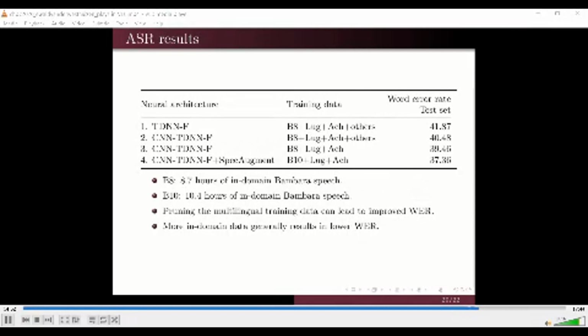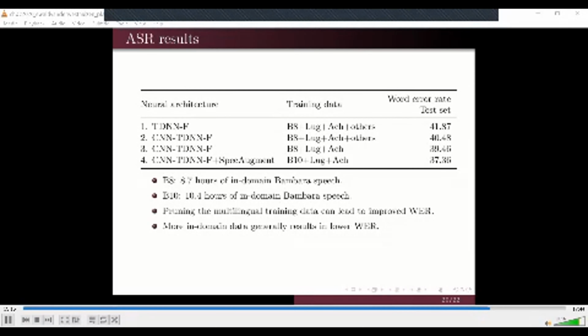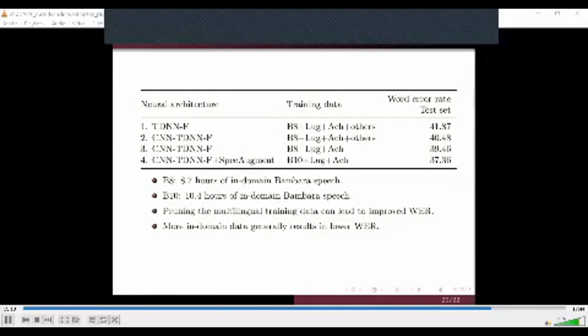The dataset B8 is a slightly smaller dataset of Bambara speech, around 8 hours, while dataset B10 is the full 10 hours. If we compare systems 1 and 2, we can see that they differ in the type of neural network architecture. System 2 has the additional convolutional neural network layers, which result in an increase in system performance.